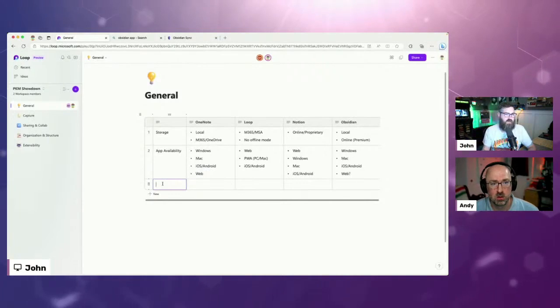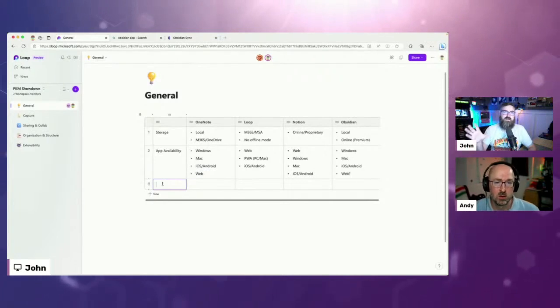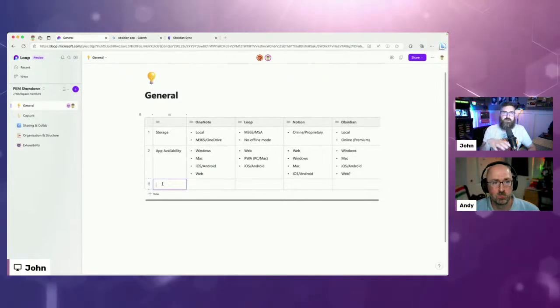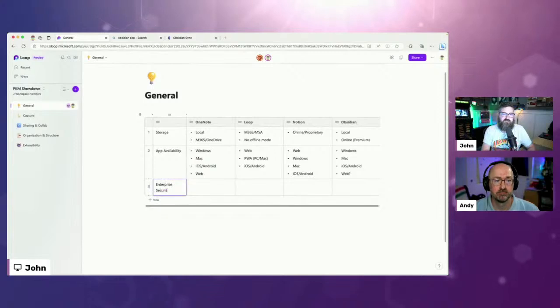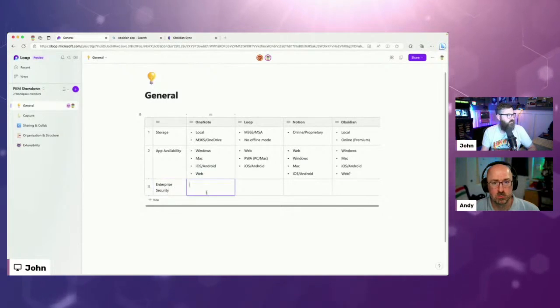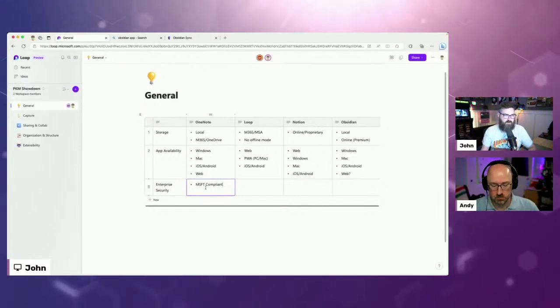That being said, we're talking about personal stuff, but a lot of us use these productivity things for work, and we want to talk about enterprise security and what is available in these tools that we know of. So with OneNote, obviously that's going to be within the M365 compliance boundary. So I would say Microsoft compliant. If you're a Microsoft shop, it's within that realm. It's stored on your OneDrive. It's stored in your 365 groups, e-discovery, all of that.